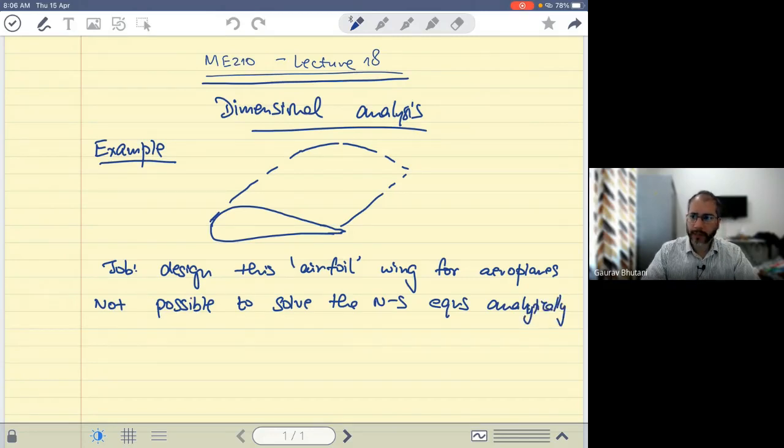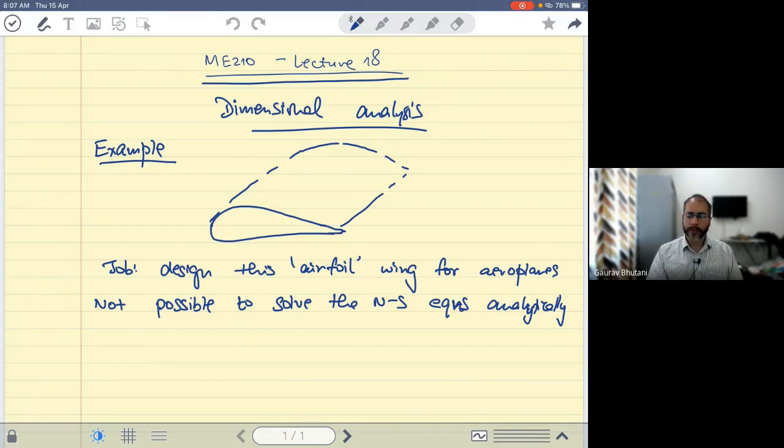So we showed you a couple of examples, for example, for the case of flow between two channels, the Poiseuille flow situation, or the flow when the top channel is moving, the Couette flow situation. For those situations, we could solve the Navier-Stokes equation, and we could obtain the velocity field everywhere, and hence we could obtain velocity and pressure fields, and hence we could obtain the forces acting on different bodies. But in this case, we cannot solve it analytically because this is mathematically more complicated than a simple channel. So we know that it is not possible to solve it analytically. Well, at least there's no solution available.